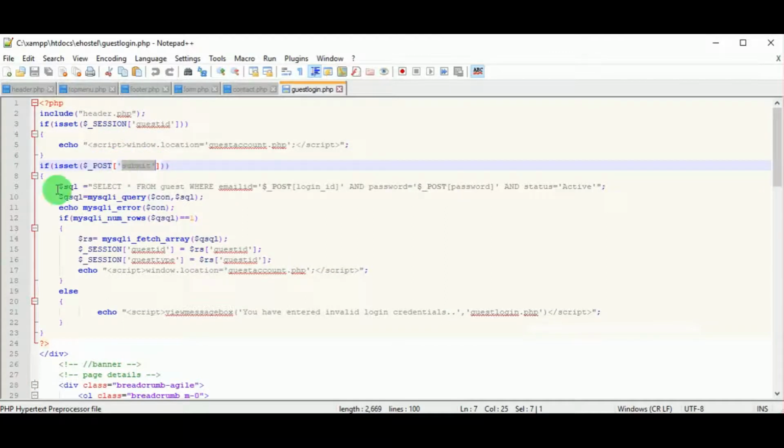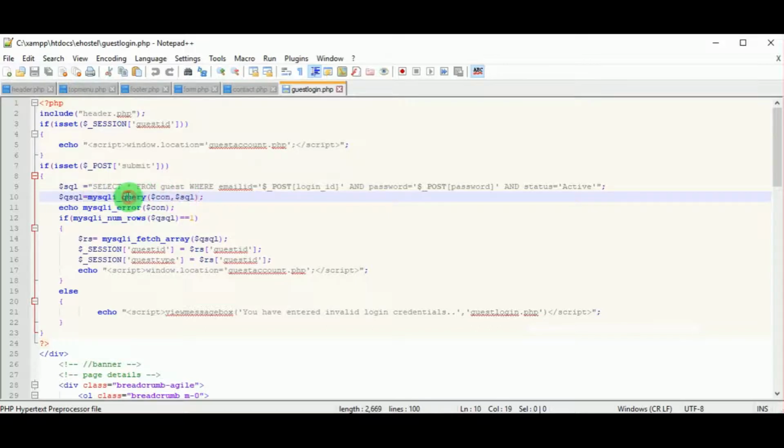So once the form is valid, then, since the method is post, the post method is invoked, and the select clause is used here to check whether the value in the field, that is, what is there in the text field, is present in the database. That is, the loginID from the form, that is what is there in post, is the loginID from the form, and emailID is the name of the field in the database guest table.